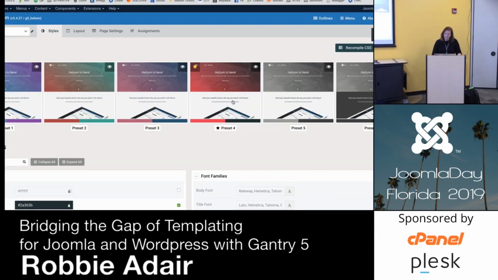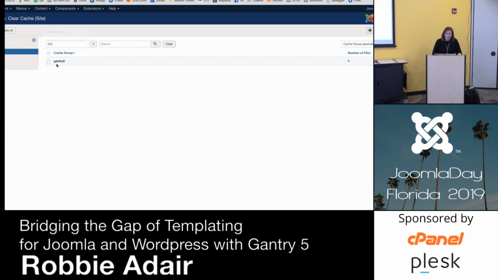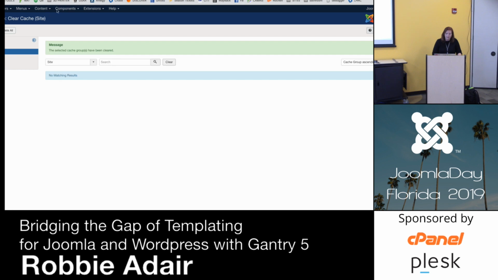Okay. What is going on here? We shouldn't have to recompile our CSS. You see that there is a recompile CSS in here. We should not have to do it for this, but we will if we don't get it. I was going to say, I might have to clear the cache. I shouldn't have to do that on my local machine like this, but, you know, maybe so. We'll give her a go.